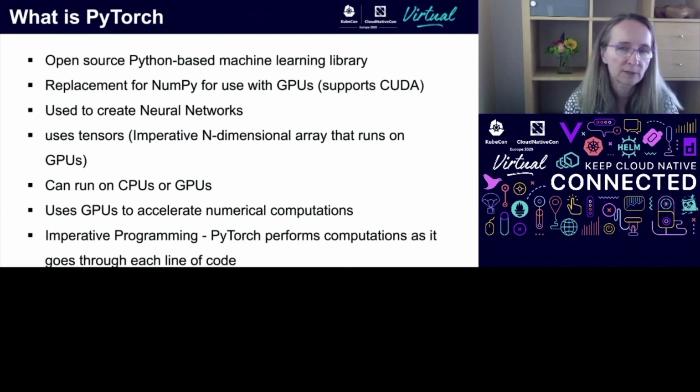With just minor modifications to your code, you can make your multidimensional arrays in NumPy run on GPUs when you're using PyTorch. So PyTorch was created so that it was easier to build neural networks. It uses something called tensors, which are really just multi-dimensional arrays, imperative multi-dimensional arrays that run on GPUs.